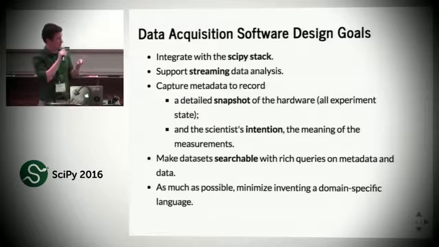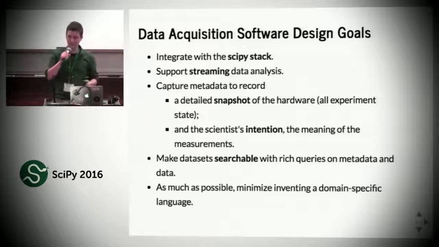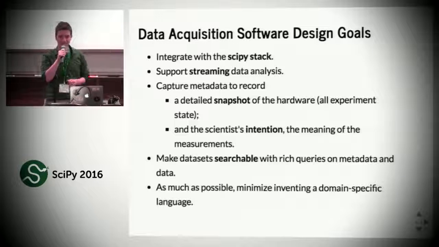And then we also want to know the semantics of the scientist's intention, not just what bits they tweaked or what knobs they turned, but what they were doing in the course of that experiment. That could be valuable for automating downstream analysis. And with all this metadata, we'd like things to be searchable,